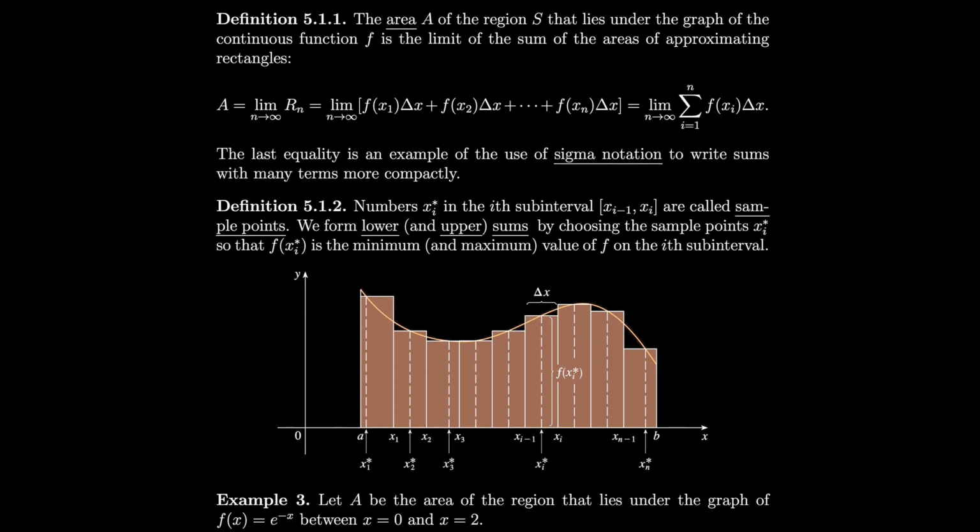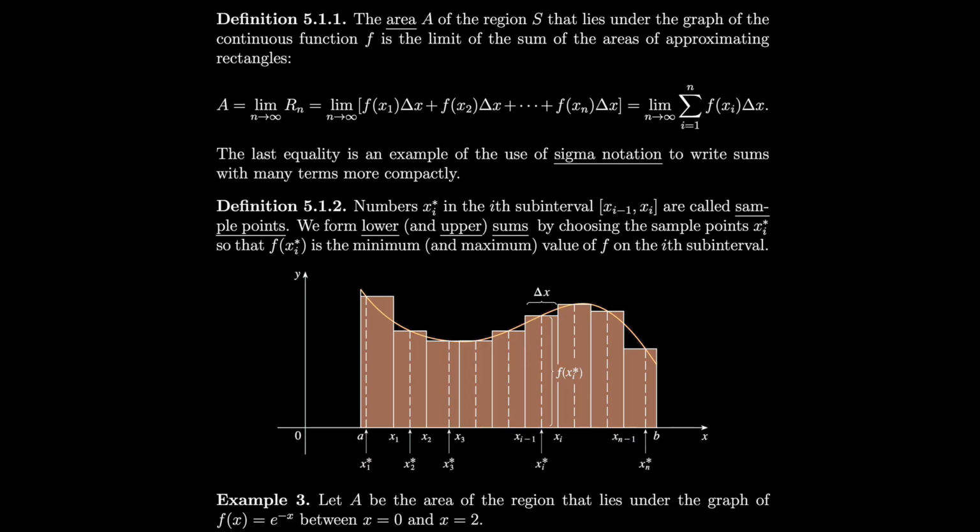Let's do another definition now. I think it makes sense to define the area of a region S underneath the graph as the limit of the areas of a bunch of rectangles. We could have defined this using Ln, but seeing that Ln and Rn both seem to approach the same value whether we go above or below, we can just arbitrarily pick Rn. Notice that even though there is an overestimate sometimes when you have Rn,